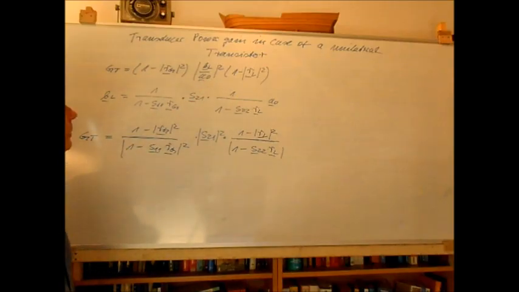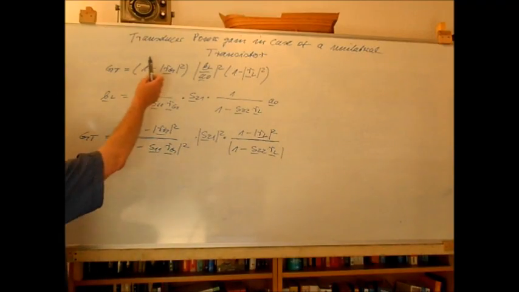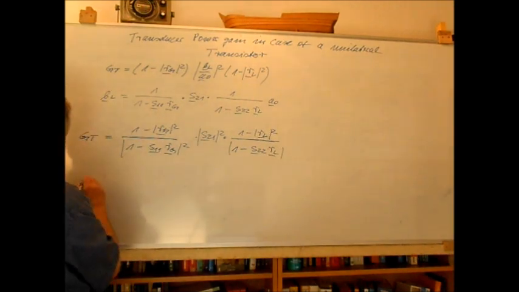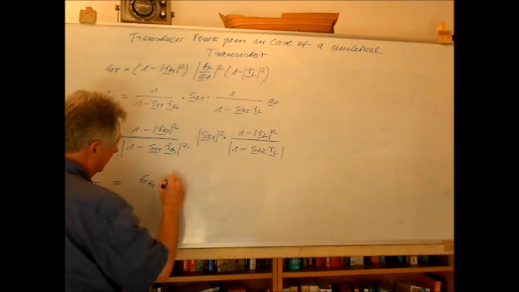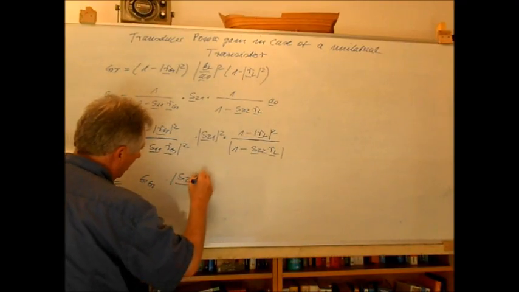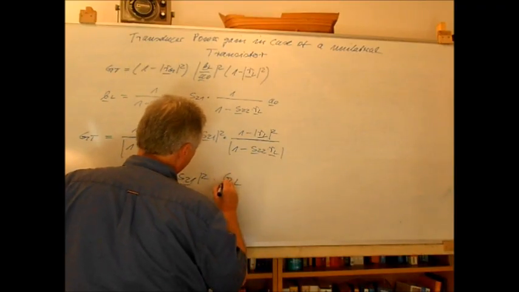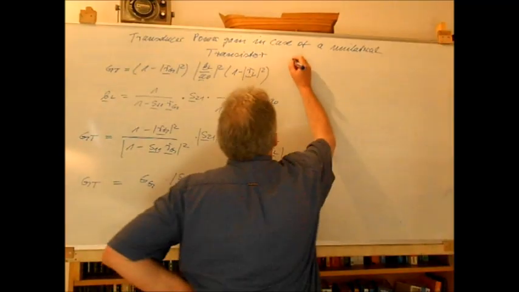So if we assume this ideal case of a unilateral transistor, then we have no internal feedback. S12 is equal to 0. And the nice thing is then that the overall transducer power gain subdivides in 3 terms. We can in principle write right now GT is GG times S21 absolute value squared times GL, and we define now